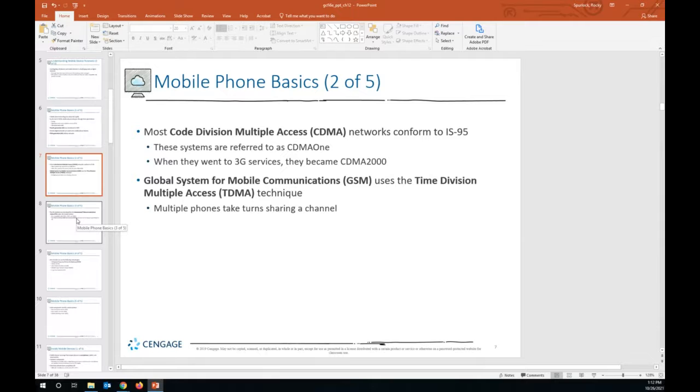The Global System for Mobile Communications, the GSM, is a 2nd generation cell network standard. This is something that's currently the most popular cell network type in the world. It uses the time division multiple access technique, TDMA, which is where multiple phones take turns sharing a channel.